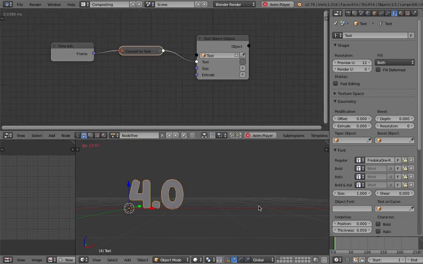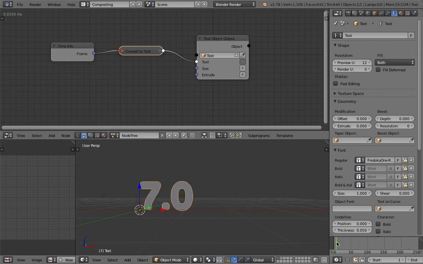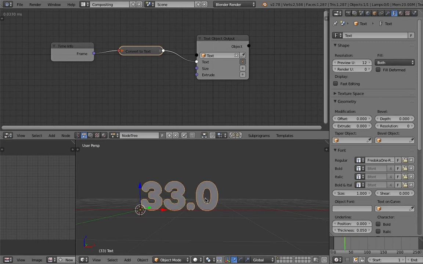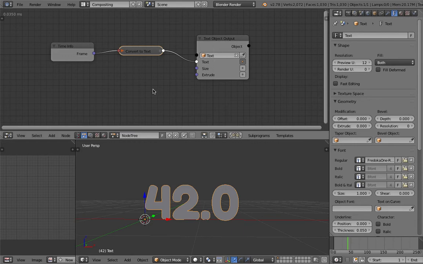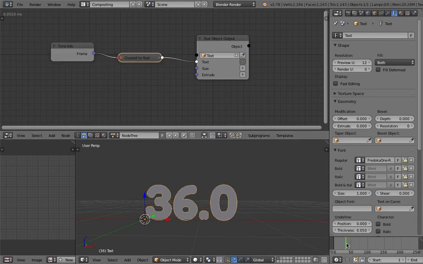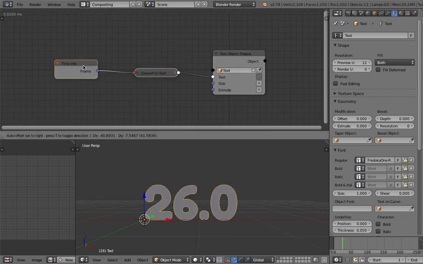And our text looks like this because it's a floating frame number. It's going from frame to frame, and we have full frame numbers, but there's actually a floating number every time it jumps from frame to frame. So currently it's going up like that. But that's not what we want. What we want is kind of like counting down. So we need to use